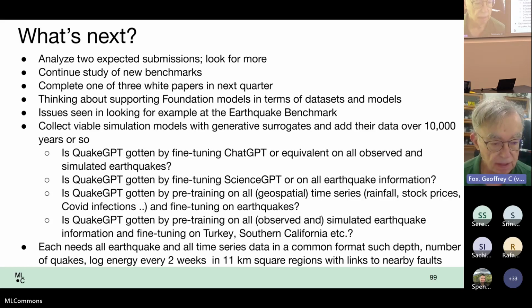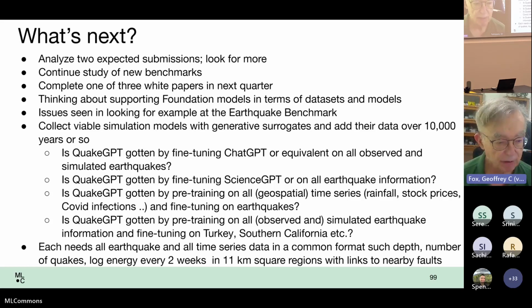When I go to conferences these days, they only talk about one issue, namely foundation models for science. And so we've had some discussions on those and what they imply for benchmarking and in terms of data sets and models. To show you why it's not quite so obvious what to do: everybody talks about foundation models, but they actually define them in very different ways. So let's take a project I'm working on, and the word GPT just means foundation model.